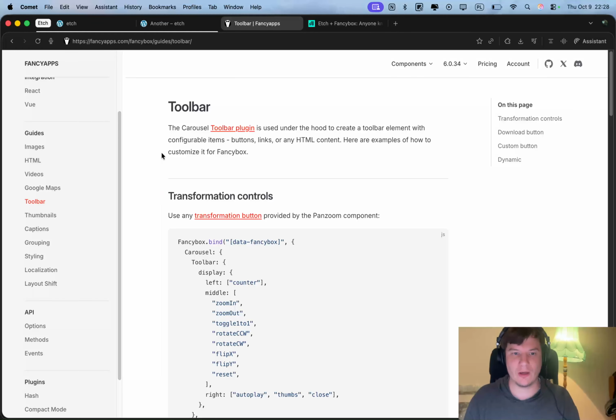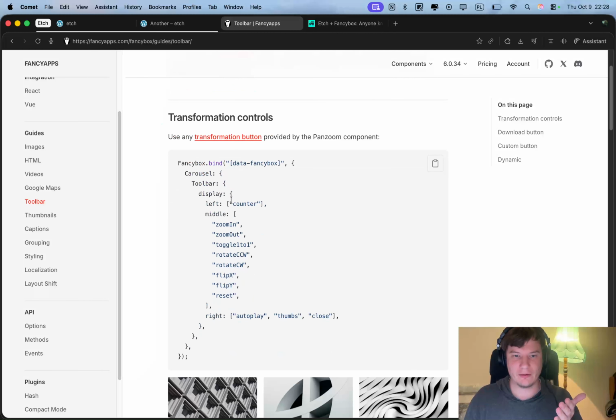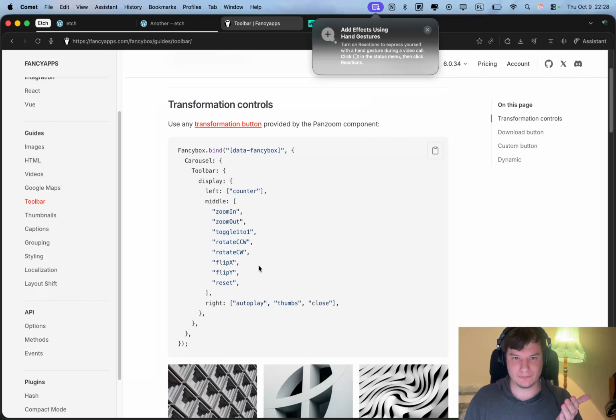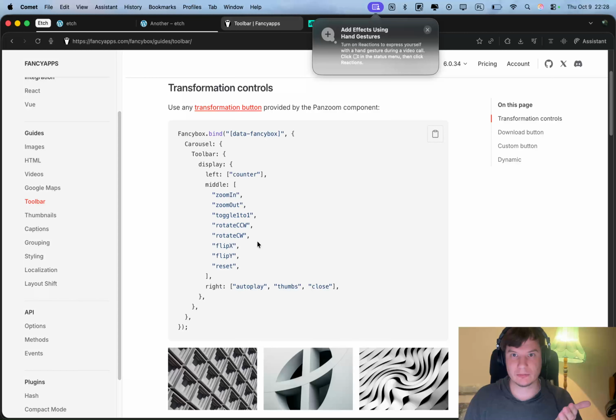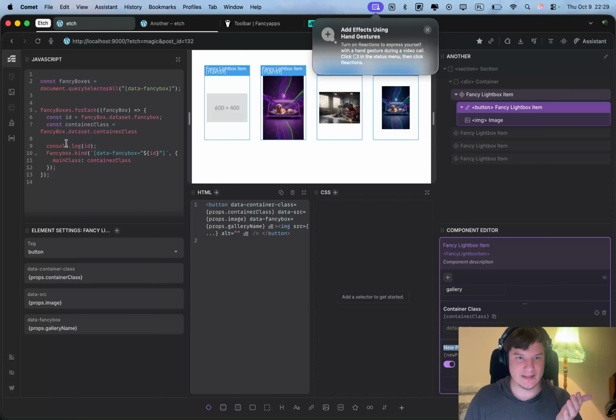But yet again, we are in the scenario where we have been introduced to some code that they want us to use. And they're saying there's like a carousel, toolbar. I don't know what that means, but I will take it. We can see this is something that we already are familiar with. We did that. Yeah, we have Fancybox bind. We did exactly this. Yes, over here we have Fancybox bind, and we binded this to our